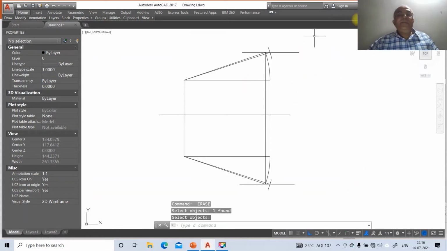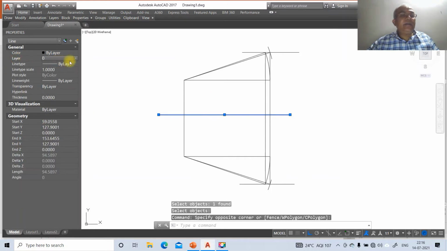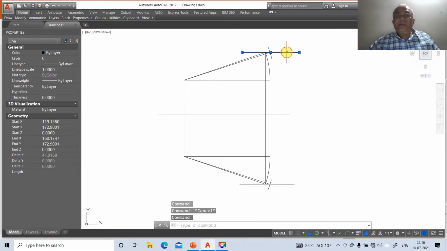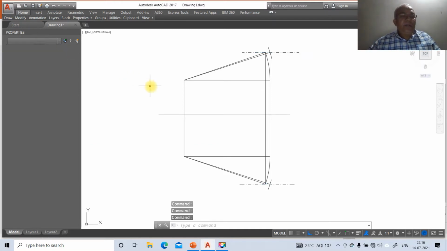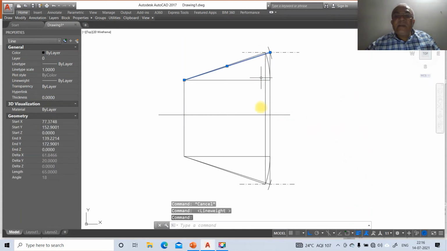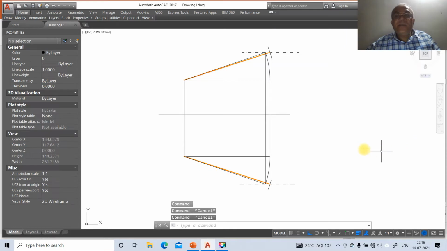Now we're going to change the layers. To do that, first you click on this, go to layer, you mark this layer as XY line. So then select on this and you select on this. Both will have the layer as locus, and then here you type 5. So now escape. So once you get this, now we need to go for this line and this line. Both will have the same true length. So go to layer, you go to TL. So you're going to get this.